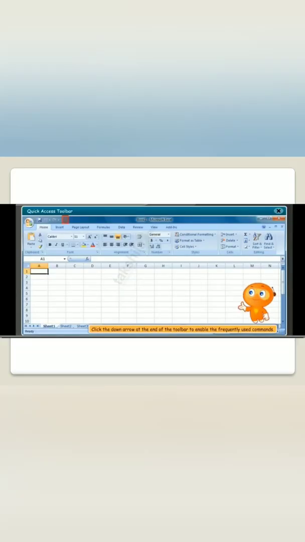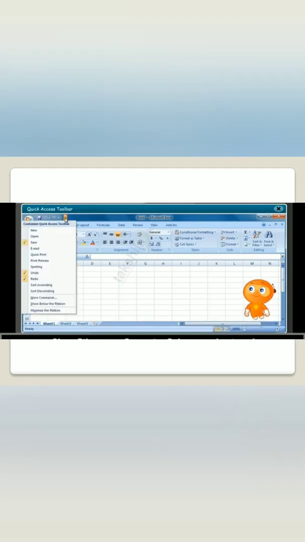Yes students, now next is the quick access toolbar. The quick access toolbar has a down arrow at the end of the toolbar to enable frequently used commands.